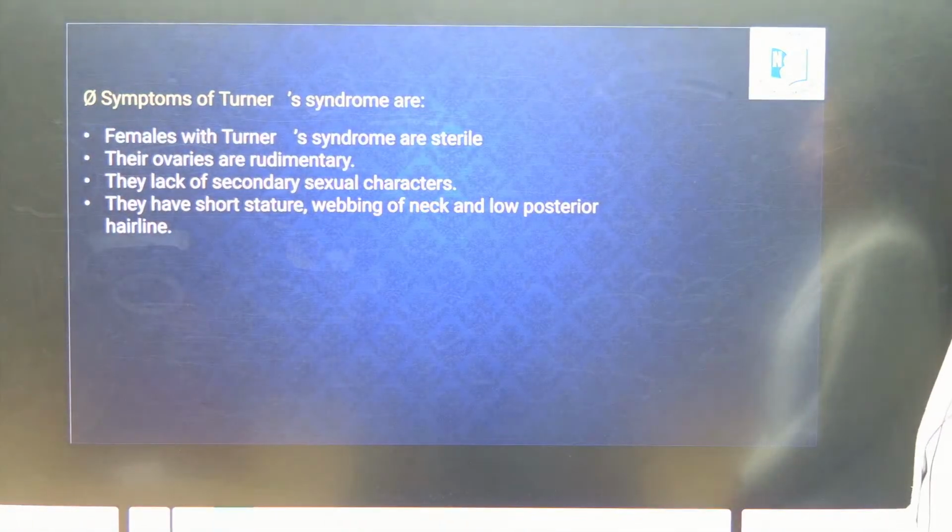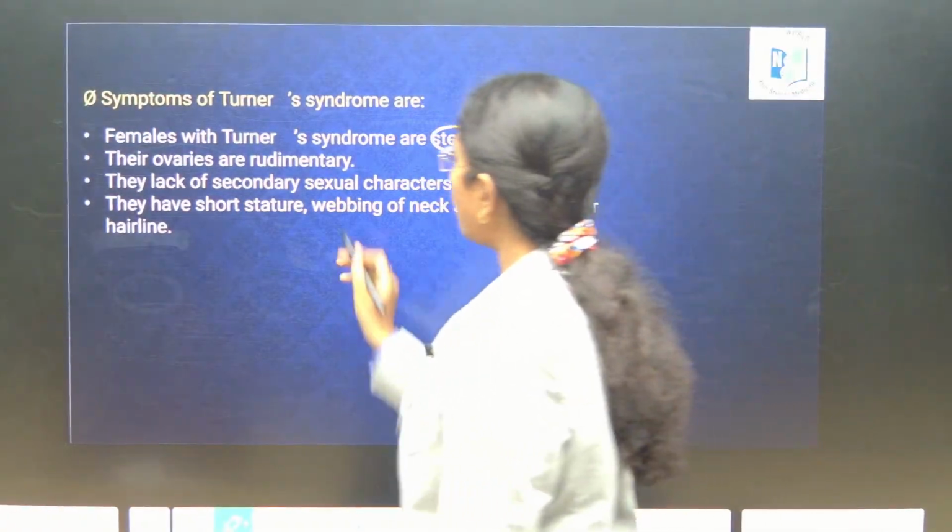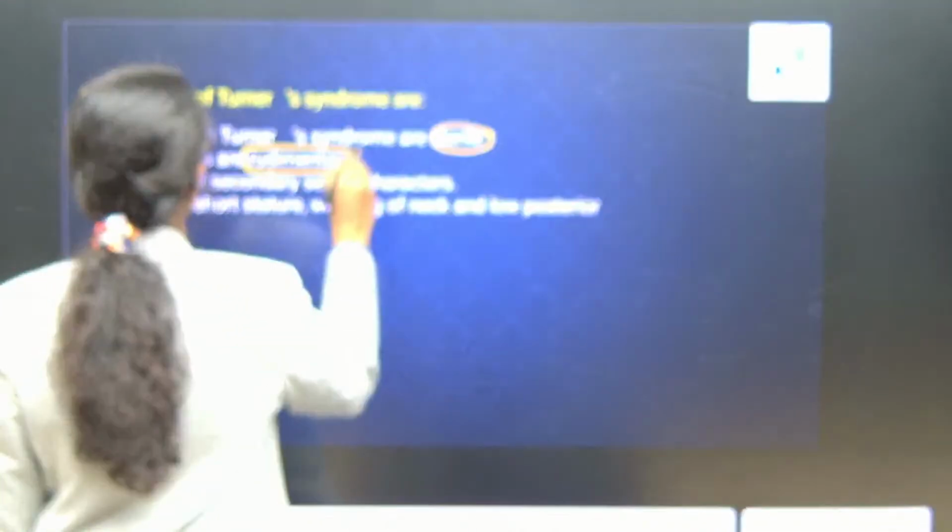Fine, right? Here females with Turner syndrome, of course, they are sterile, their ovaries are rudimentary, they lack secondary sexual characters, they have short stature, webbing of neck and low posterior hairline. These are the features of what? Turner syndrome. Clear right now? Next,